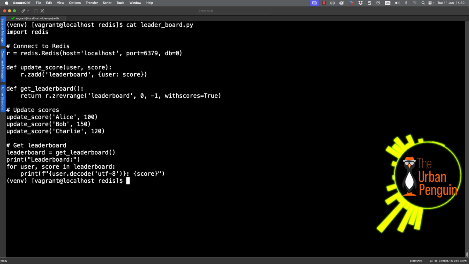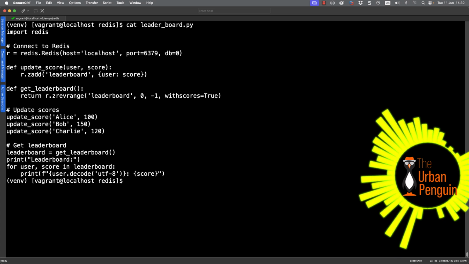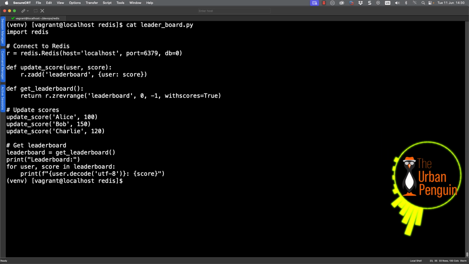And then z reverse range is printing the ordered list, but in reverse order. So from the highest to the lowest. We can see that we're updating the scores of Alice, Bob, and Charlie.